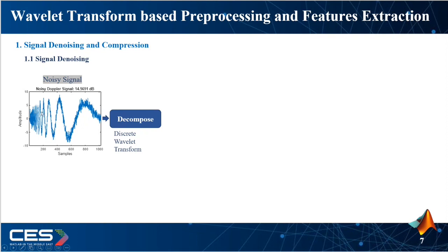This is actually a signal that you can filter using just a low pass filter maybe, or an aberration. Low pass filter is also an aberration filter, or you can design a specific filter to do this. But the output or the filtered signal will always have some fluctuation, let's say, and will not be filtered the way we want. Another way to do so is to use the discrete wavelet transform, okay, to decompose the signal,